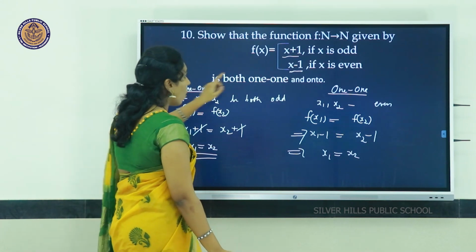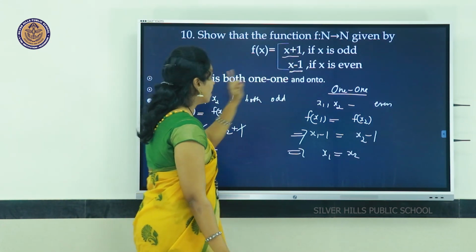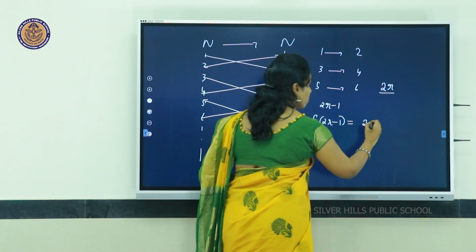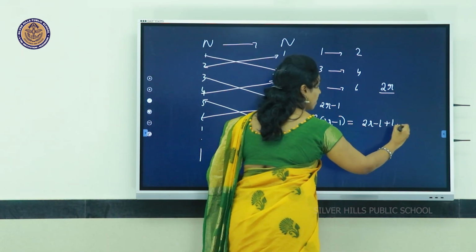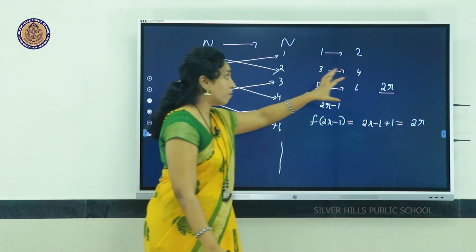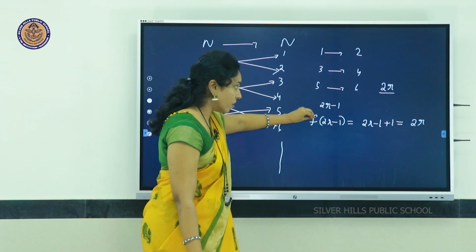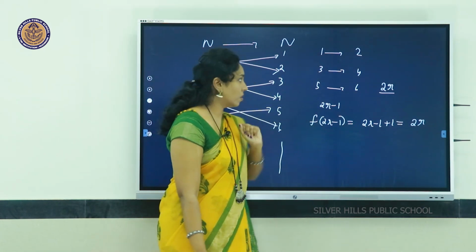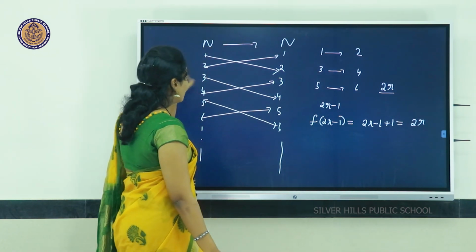if something is odd, what is the answer? It is x plus 1. So I get 2r minus 1 plus 1. What is the answer? 2r. So that means for every even number there is an odd pre-image, and that is the conclusion. Now in the same way we will check